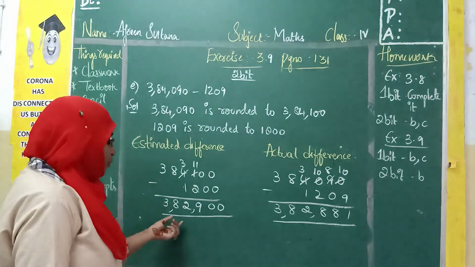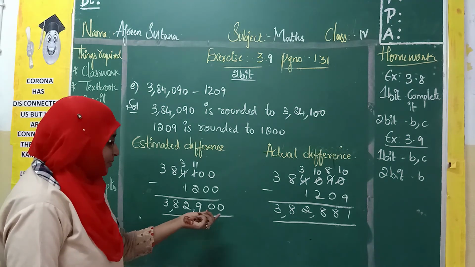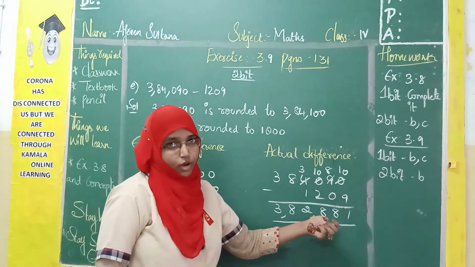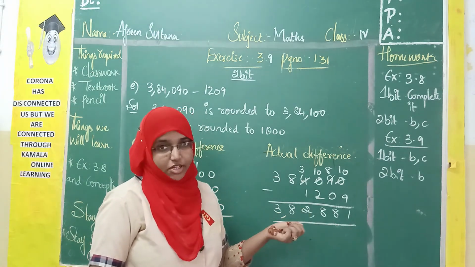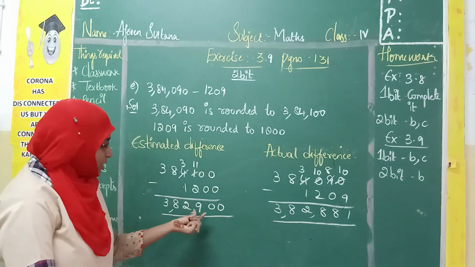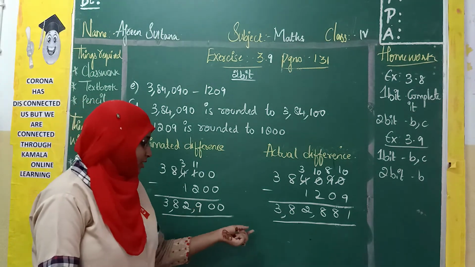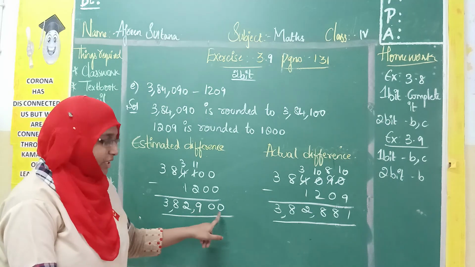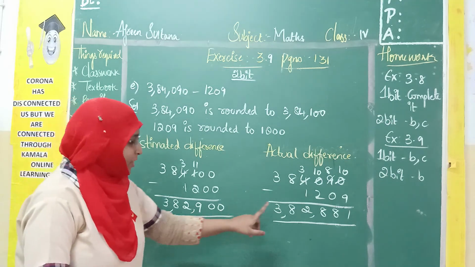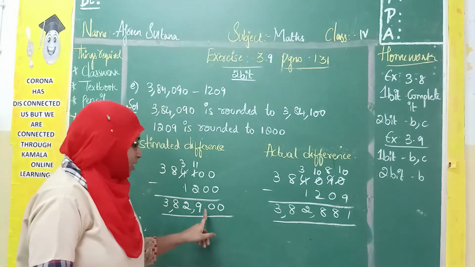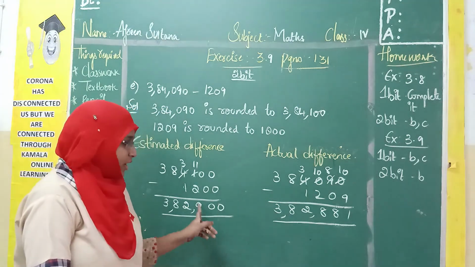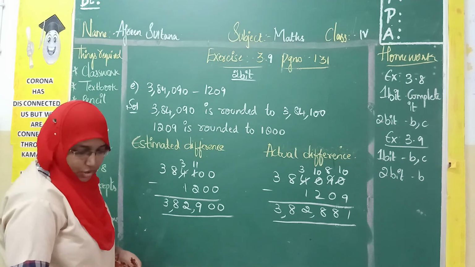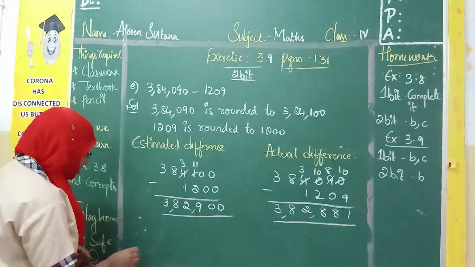3,82,881. So see, about how much the difference is here? This is 900 and this is 881. It means around 19. The value differs by 19. Simply you can just subtract the last 3 digits. This is 900. You cannot subtract from 0, so if you borrow 8, 9, 10. Okay. So 10 minus 1 is 9. 9 minus 8 is 1. 8 minus 8 is 0. So how much is it? 19. Okay. So the value differs by 19.